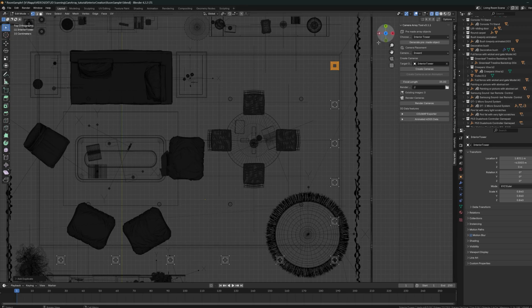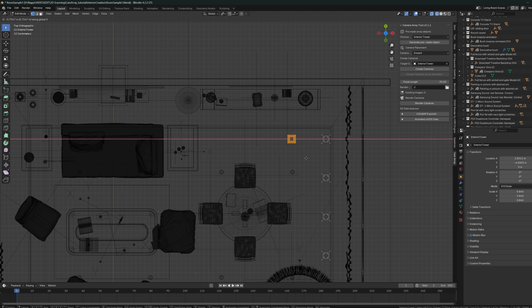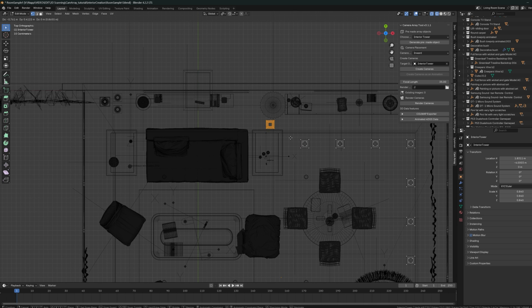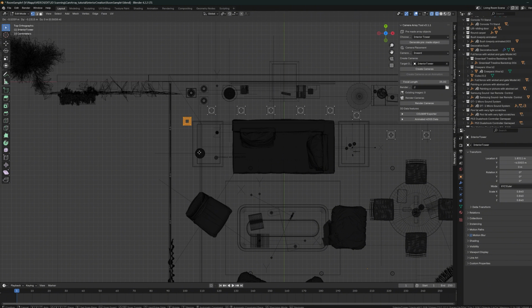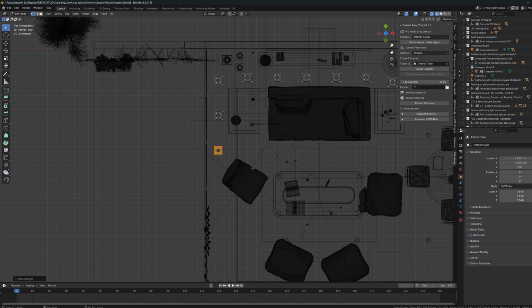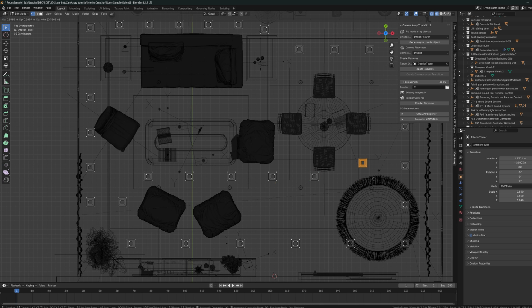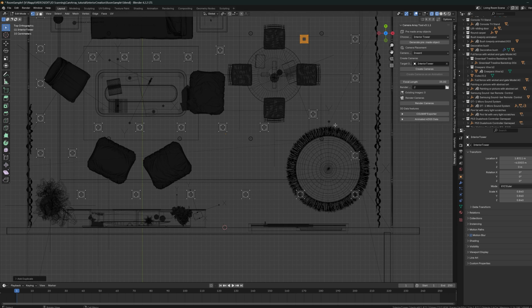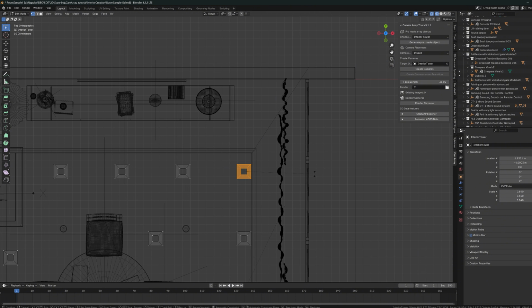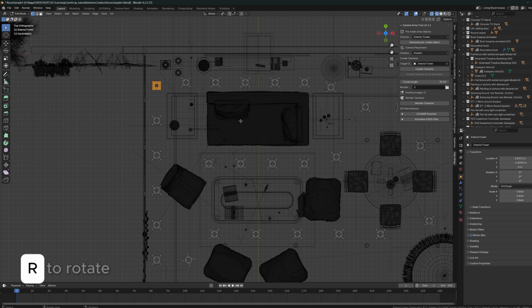By repeating this method in this way, I now copy these towers and go around the entire room. I have to pay attention that the towers do not go inside the furniture or go too near the objects, and that they stay inside the room and are not placed outside the walls. I can also improve the position of these corner towers and rotate them about 45 degrees by pressing the R